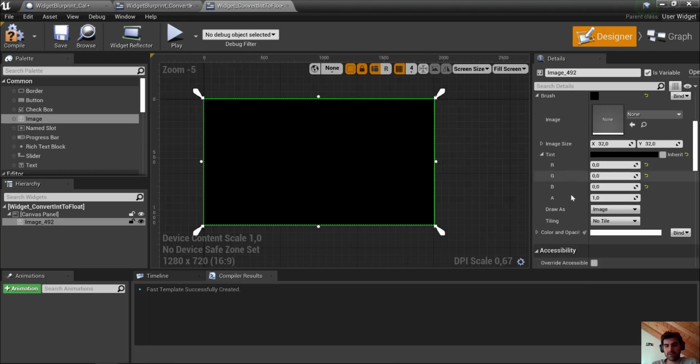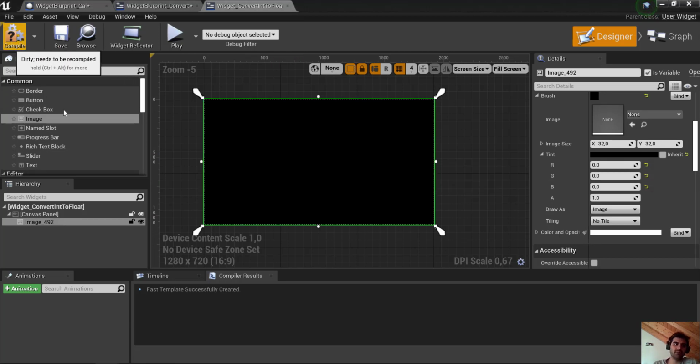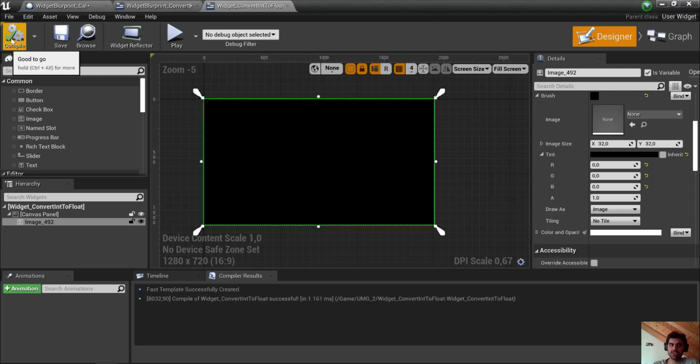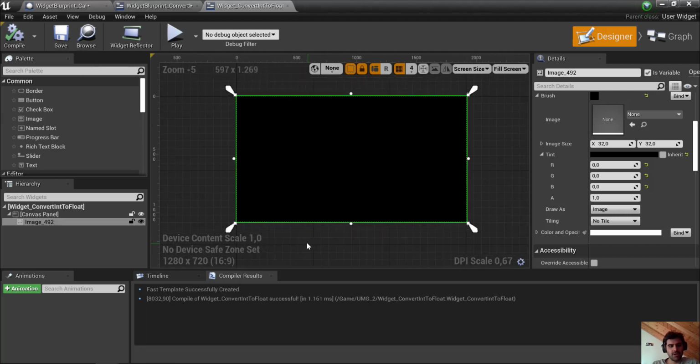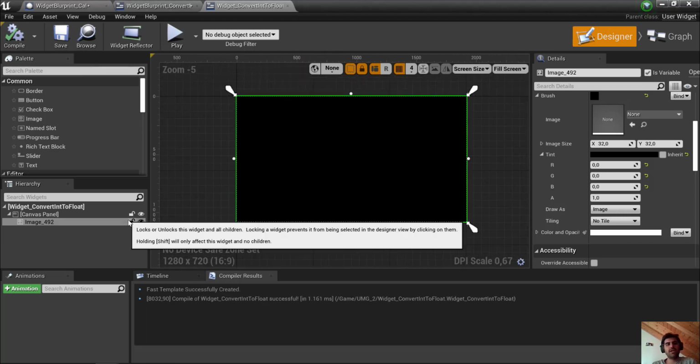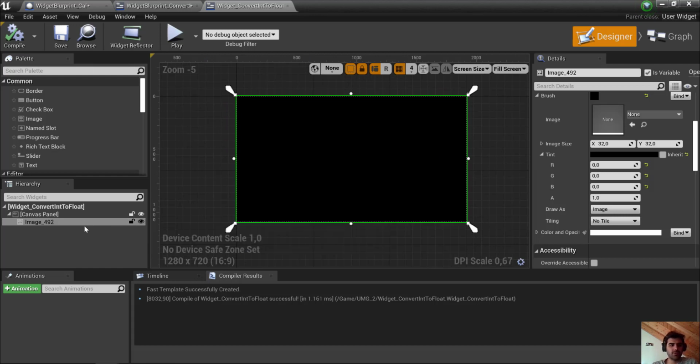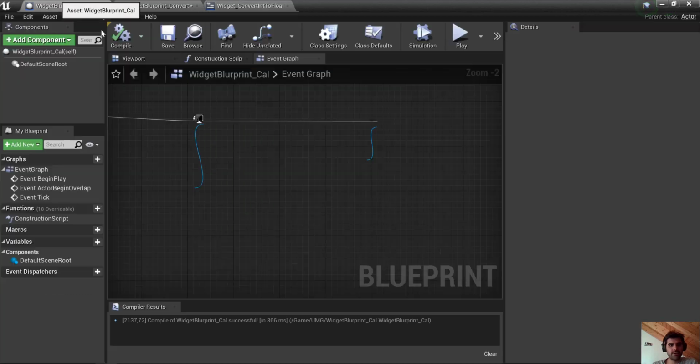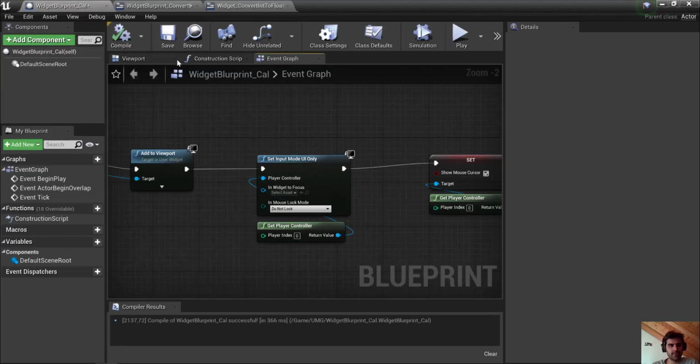And now we have an image, and we have a background image. Then there is a save button, but be sure that you're calling it a compile button. So always you're having a checkbox in here. Now the other thing that I created in the other blueprint, I would also like to have something like